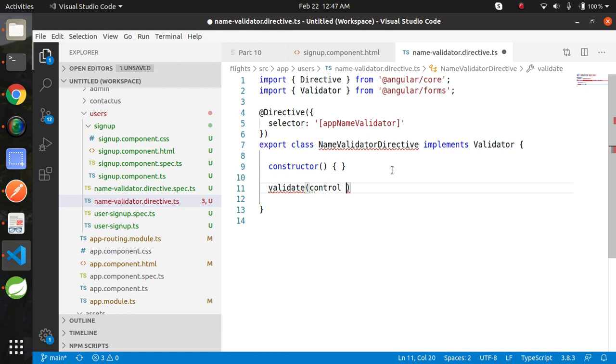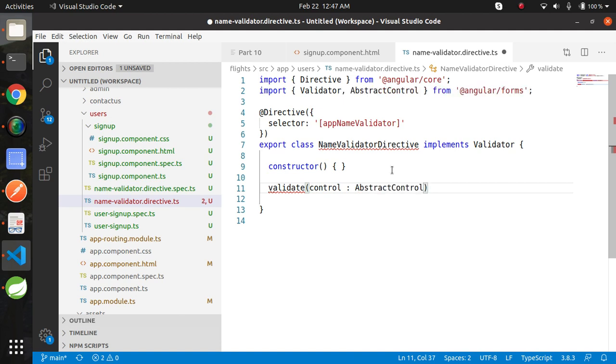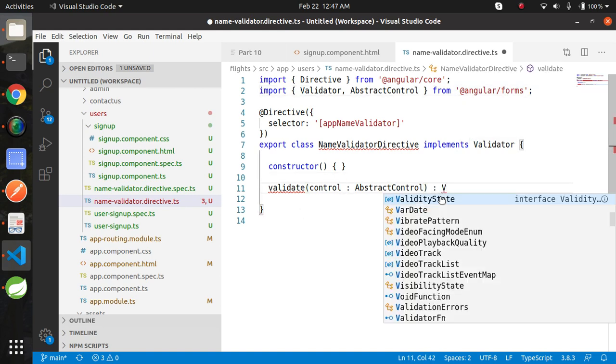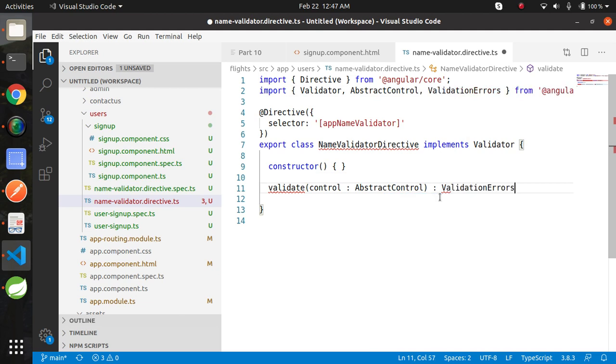Control, AbstractControl. AbstractControl is a base class for the forms module. Add return types: ValidationErrors or null.